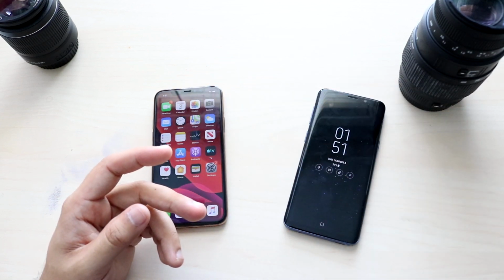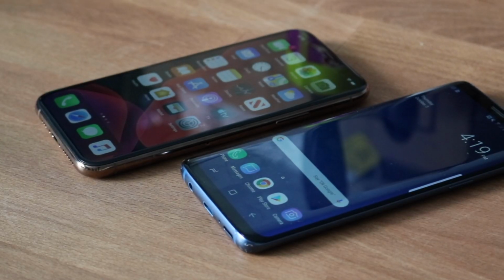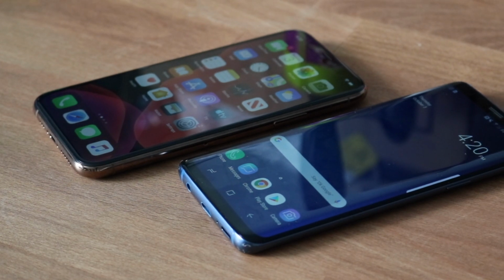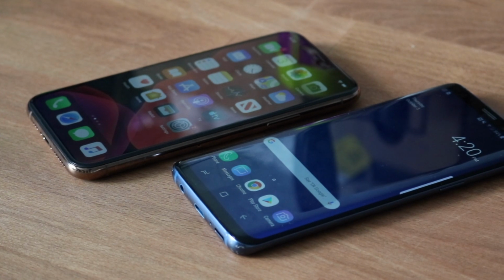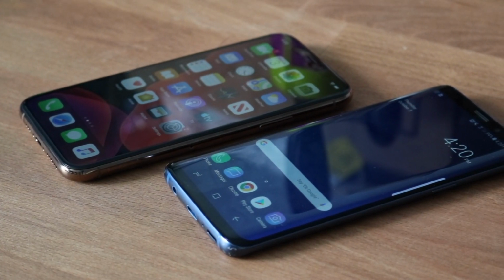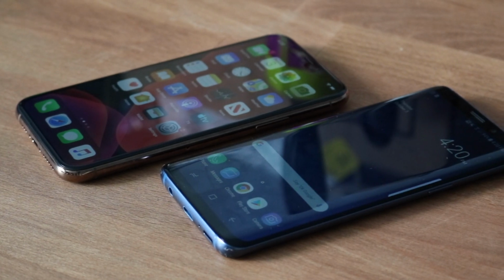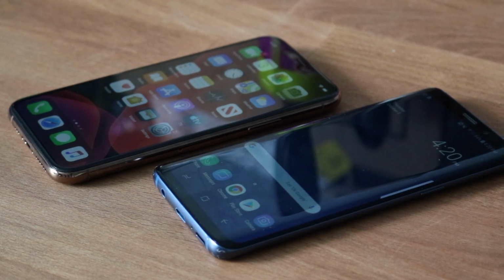So that's that. Now coming back to the comparison, starting off with the front, okay, this might surprise you. I personally do think that the Samsung Galaxy S9 has the better display between these two. So you have a Super Retina XDR OLED display, a 5.8-inch display on the iPhone 11 Pro, sorry. But the Galaxy S9 also has a 5.8-inch Super AMOLED display, so in reality, they actually